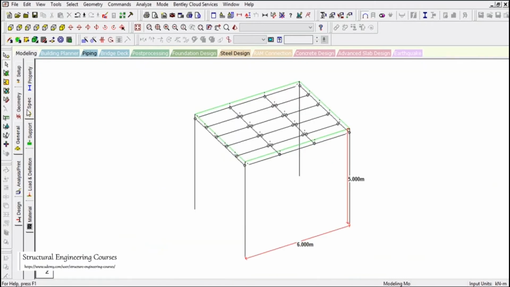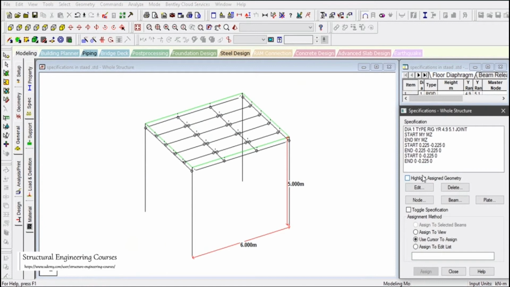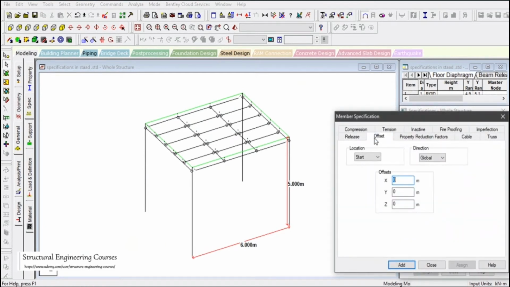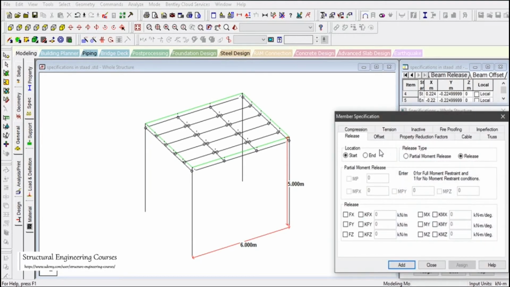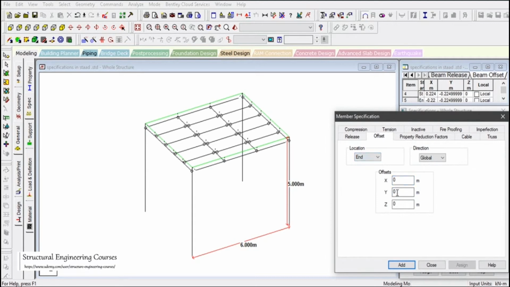So what we can do is go to specification again and assign a new specification, that is Y minus 0.1, and similarly for the end point also.